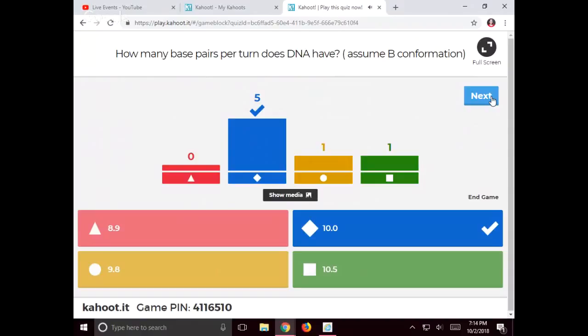So I was taught in the crystalline form, it's 9.8, and then in the hydrated form, it's 10.5. But her notes say 10. So I have 10 marked as right. So we're just gonna go with her notes, but that's why if you end up in another biochem class someday, no, you never will. But